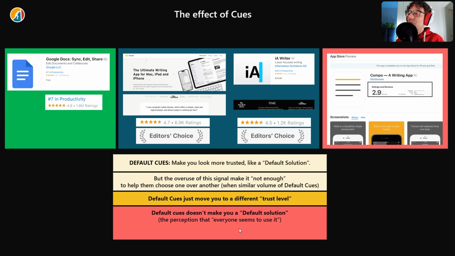Remember, a default solution is when everyone around you seems to use it, based on your network. Yeah, this helps. But everyone around means a lot of other interactions with a lot of other whos. If I see this and then I check a top 10 list and I don't see you there, and I go to forums and people are discussing very heatedly about other solutions and you are never present there, if I never saw anybody using it or even talking about it, you are not a default solution.